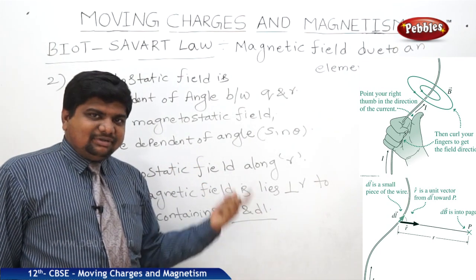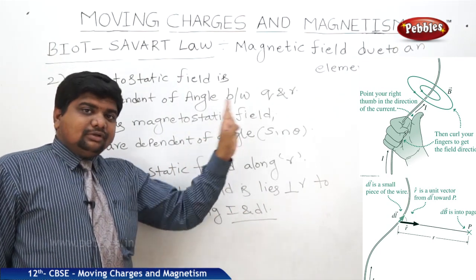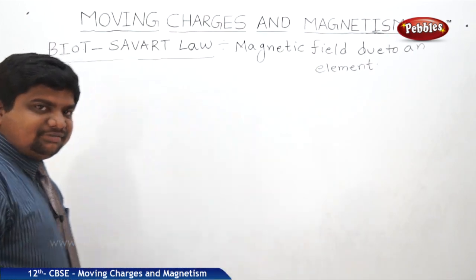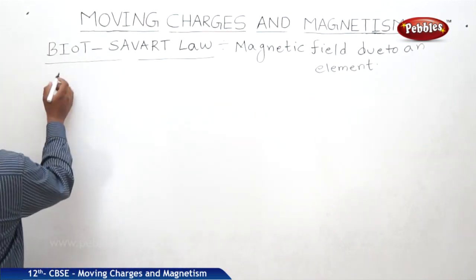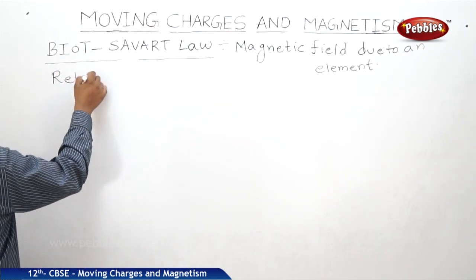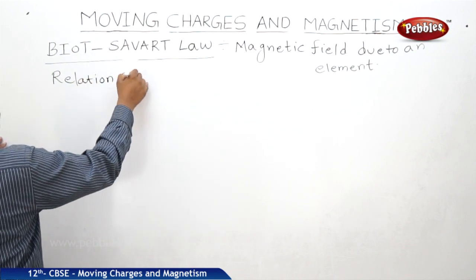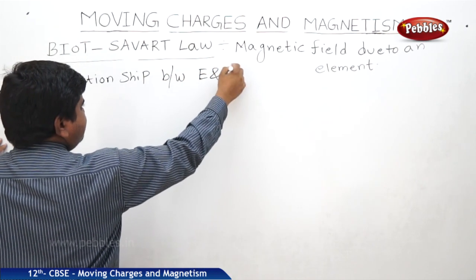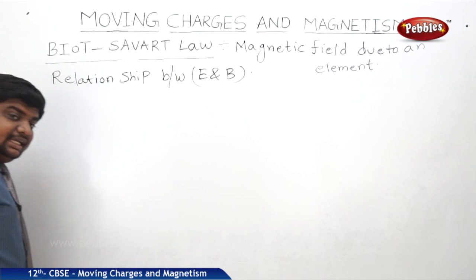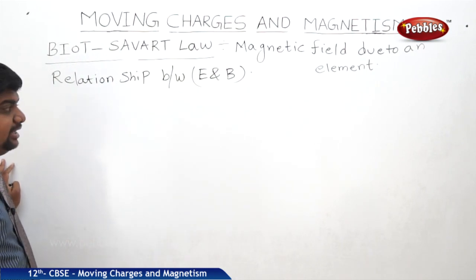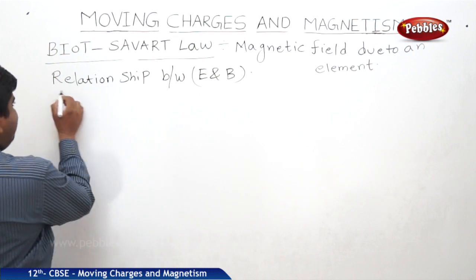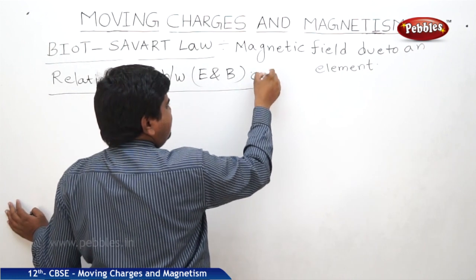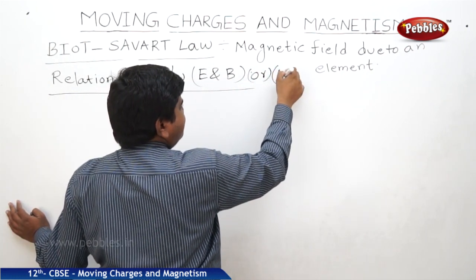And we will see one connection between this E and B, which is helpful as an introduction to the upcoming chapters. Here is an interesting relationship between mu naught and epsilon naught. In field E it is 1 by 4 pi epsilon naught. In B it is mu naught by 4 pi. So if you find the relationship between E and B, it is almost a relationship between mu naught and epsilon naught.